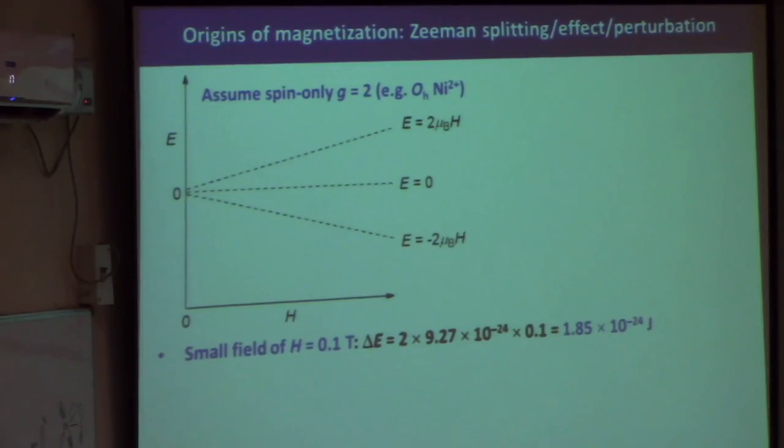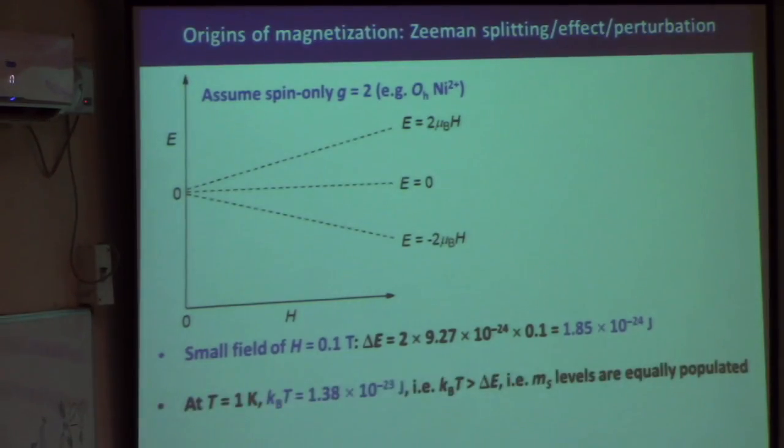What does that mean? Why is that significant? Well, if we are at a temperature of 1 Kelvin, the thermal energy available, Boltzmann's constant times temperature, is this, 1.38 times 10 to the minus 23 joules. So when we compare this number with this number, we can see it's almost 1 order of magnitude bigger. The thermal energy at 1 Kelvin is almost 1 order of magnitude bigger than the splitting between the Zeeman